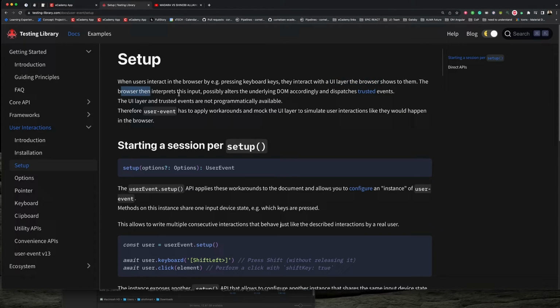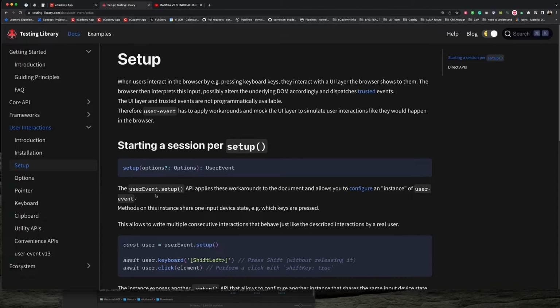And the browser interprets the input of the user and possibly alters the underlying DOM accordingly and dispatches trusted events. And this UI layer and the trusted events are not programmatically available for the test environment. Therefore, user event has to apply workarounds and mock the UI layer to simulate user interactions like they would happen